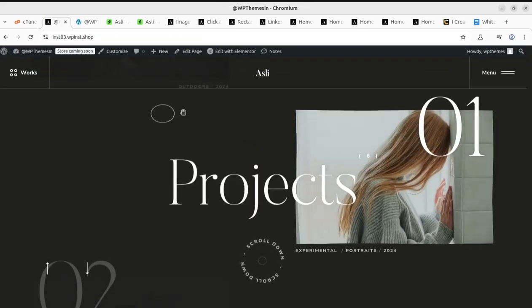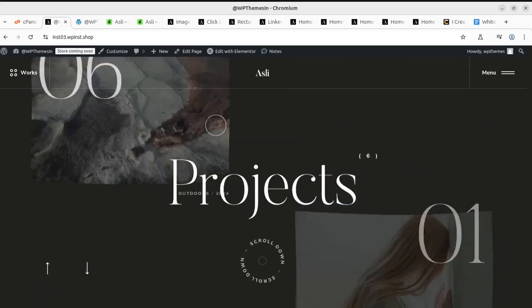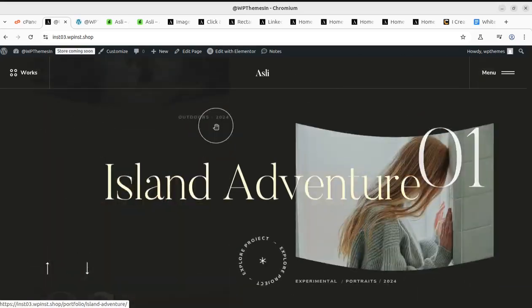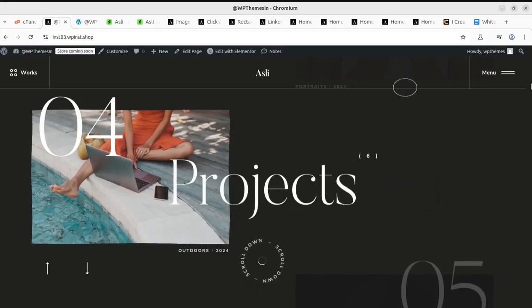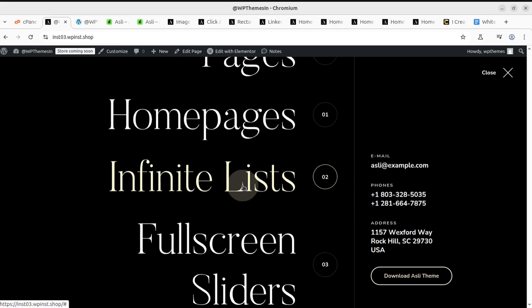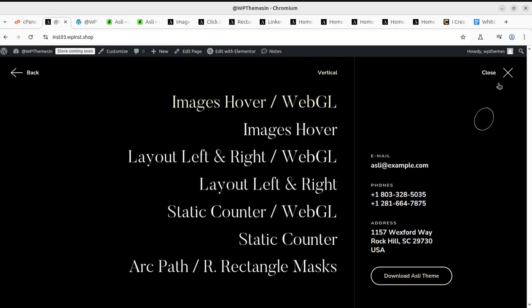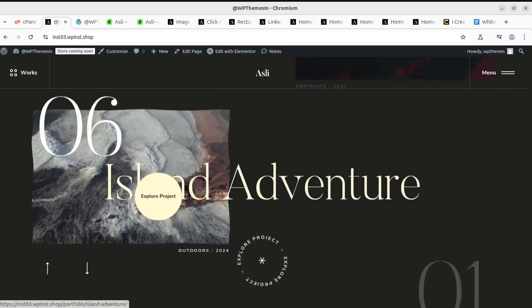I'm happy to see this, actually it was amazing, and it was so easy to create this amazing portfolio website using the Asli WordPress theme. And it is like infinite scroll, and I have the menu and the home pages, the infinite list, and the vertical. Okay, great. So all this is good, and I can see the